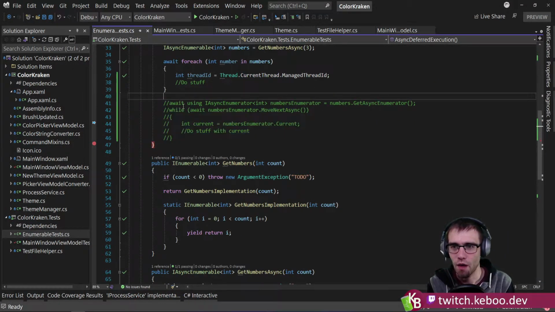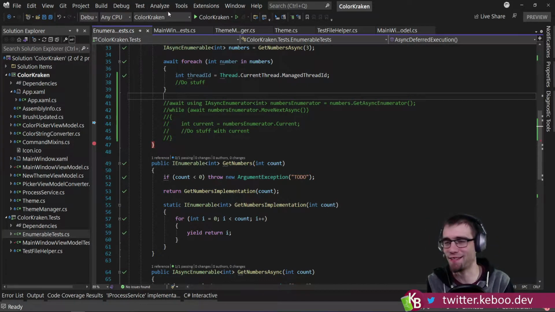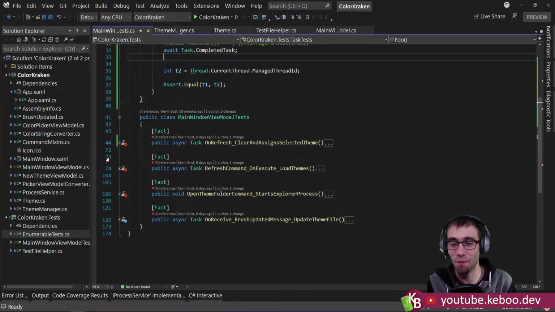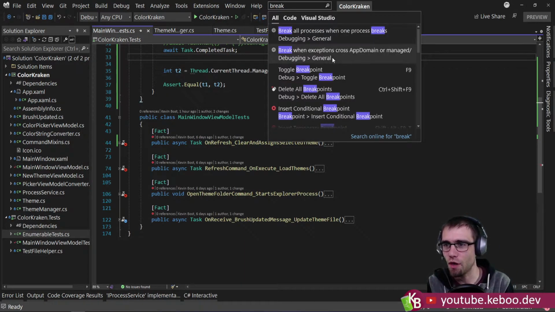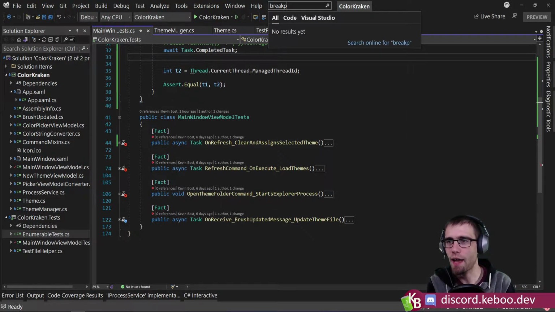So, okay. We were doing something before I got onto that. Stack pop, stack pop, stack pop, stack pop. We were writing a unit test. Or I should say we were fixing a unit test. Oh boy, that was like 18 levels deep. That was fun. Okay, so let's go breakpoint. Okay, so